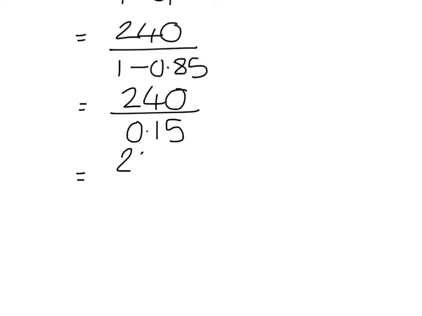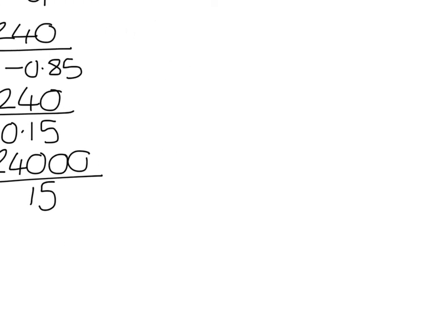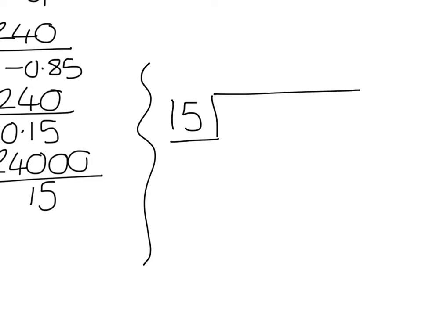So that gives us 240, and then add 2 zeros for multiplying by 100, and 0.15 multiplied by 100 is 15. So it's still quite a tricky division, but we can easily do some working at the side to find out what the answer actually is. So we'll set that up over here. We've got 15, and we're seeing if that goes into